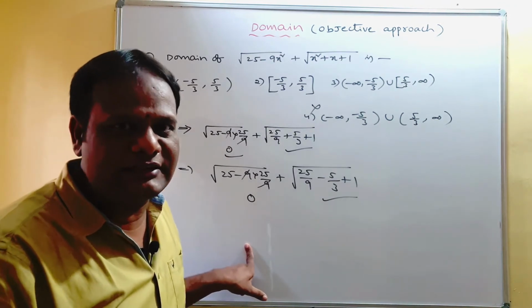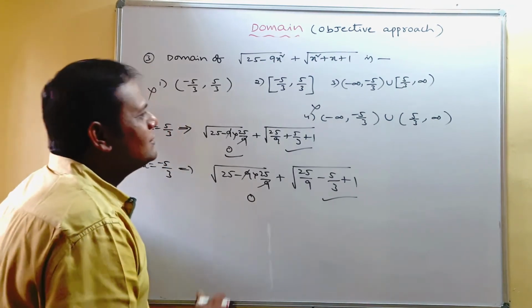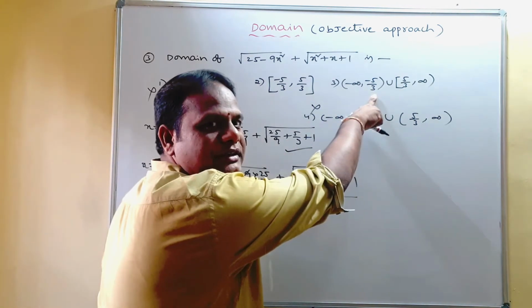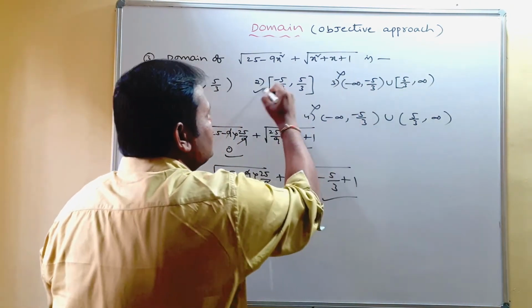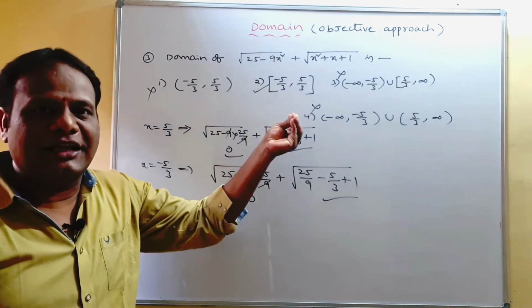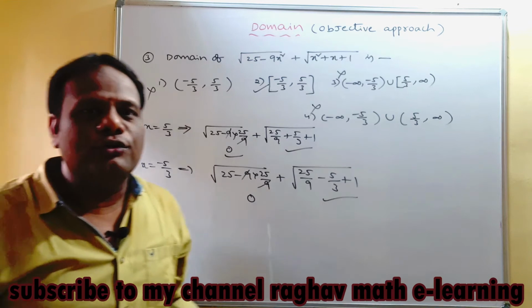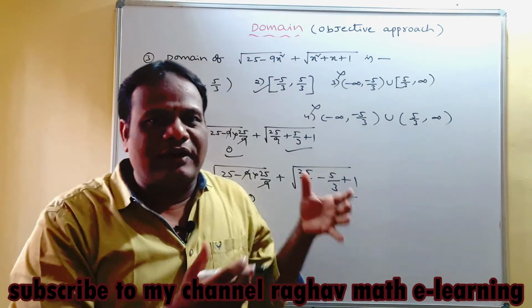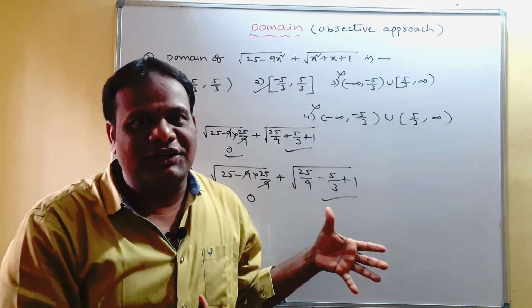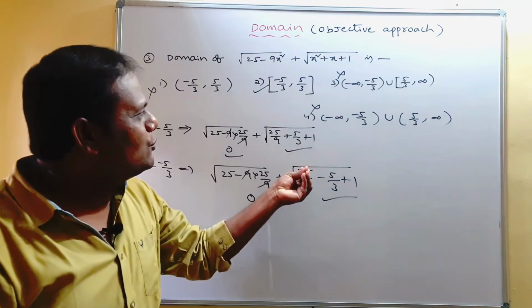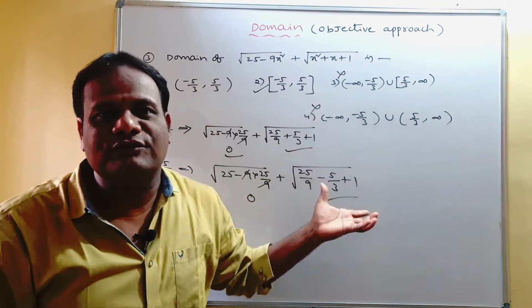So can you take x as minus 5 by 3? Yes. So is there minus 5 by 3? No. Third option wrong. What is the correct option? That is the second option. So my dear friends, it is not so difficult. If you know where a function is defined and where it is not defined, then easily you can go for verifications and you can give the answer.